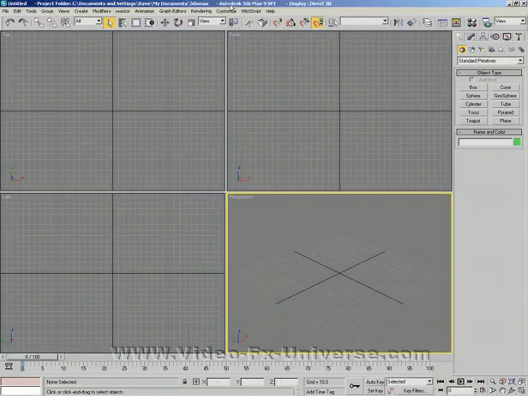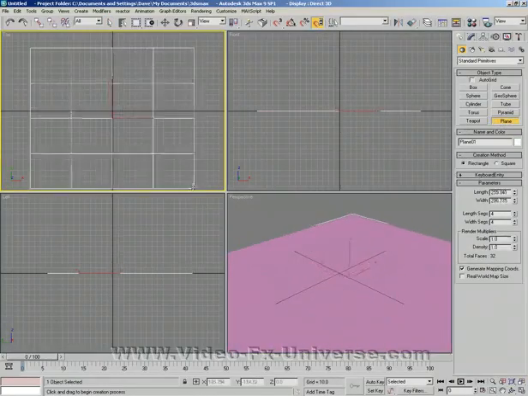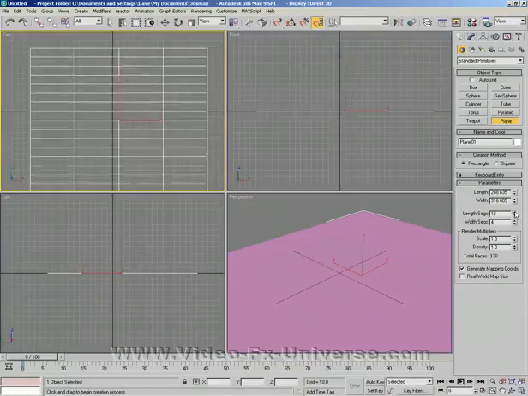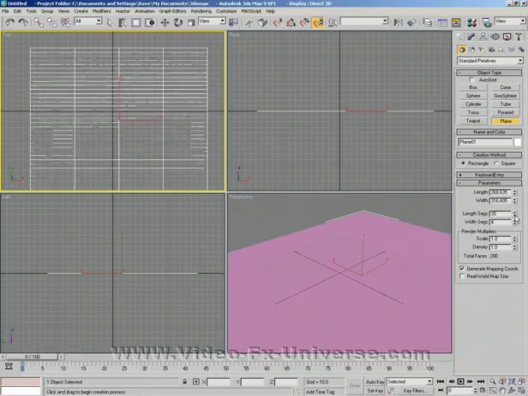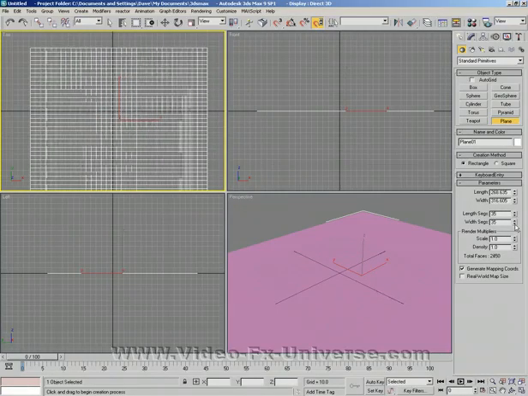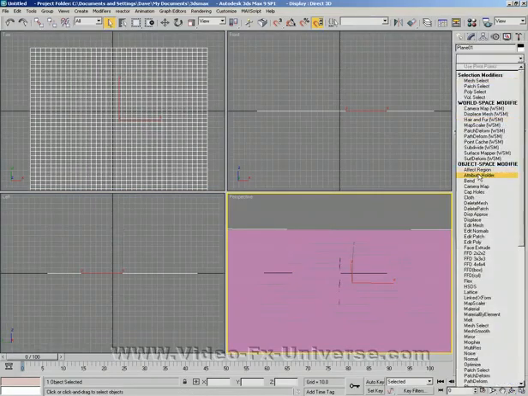Okay, so what I'm going to do first is go into our standard primitives and create a plane. Let's drag that in. I'm going to give it quite a few width and length segments, I'll say about 35 and 35. Okay, right, now what I'm going to do is click on the modify, and I'm going to apply a